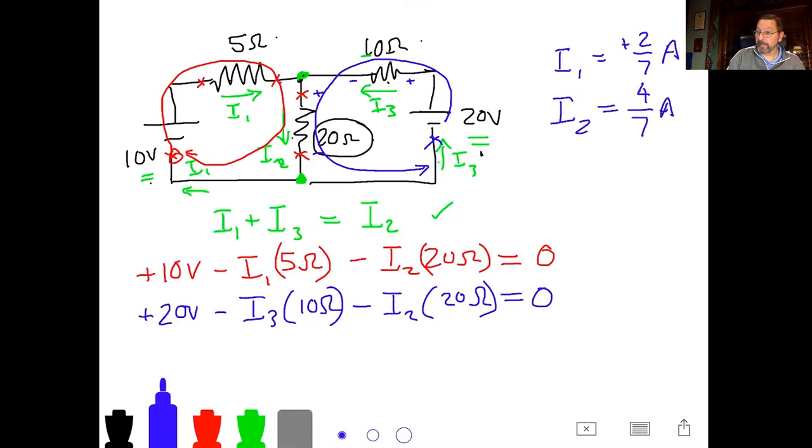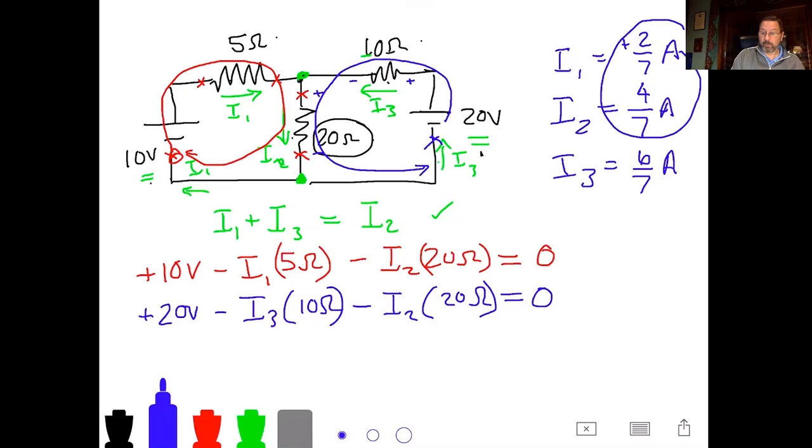Okay. When I was in my TI Inspire doing this, I was in the exact mode, so it actually gave me fractions. If you're in a different Wolfram Alpha, you may get decimal form. It's okay. It doesn't matter. And I3 is equal to 6/7 of an amp, which hopefully you knew because once you saw those two, remember that